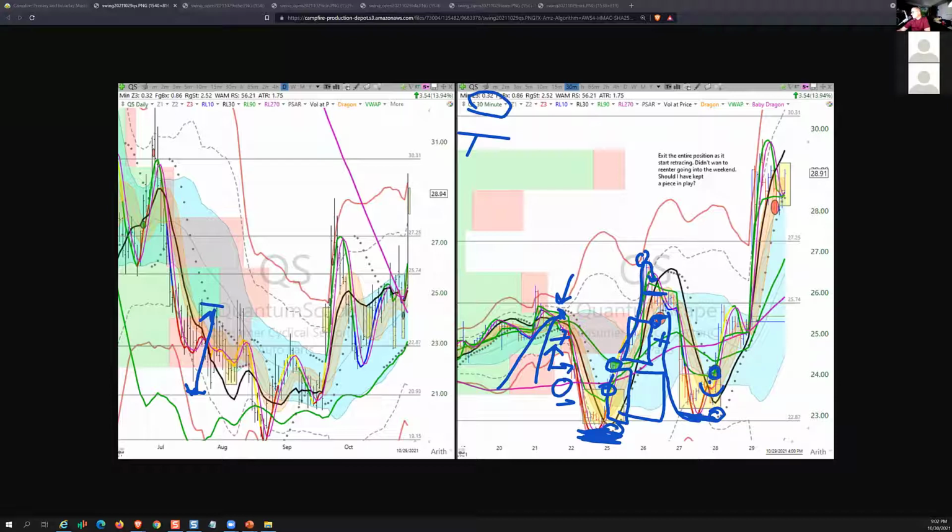Notice he has improved his entry. He gets it here. Instead of this last time he was slow to get in, he gave back. That was the inefficiency. This time he gets it right at the RLXD, moves in his favor, comes back, holds support,